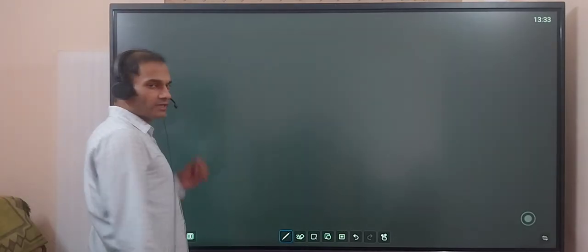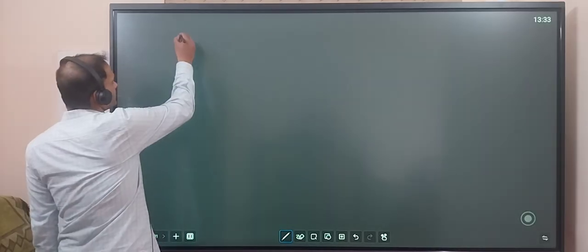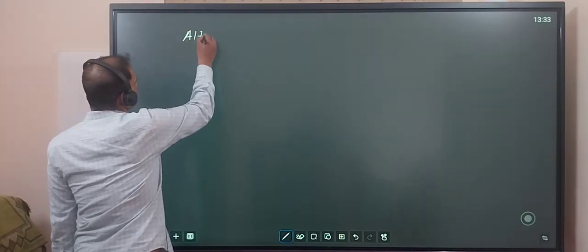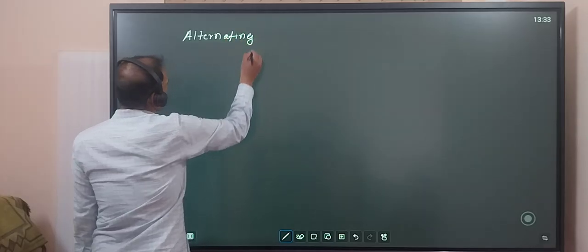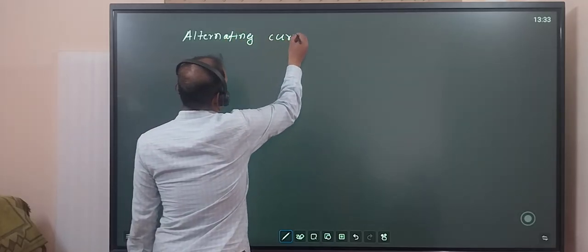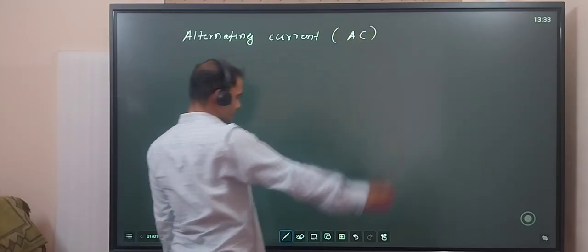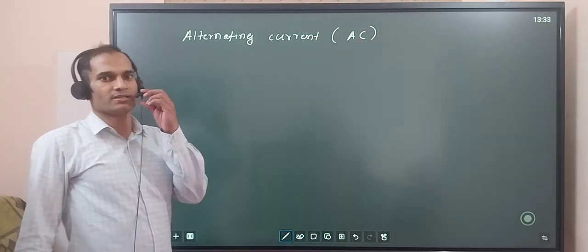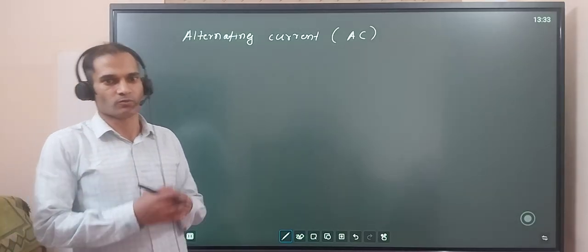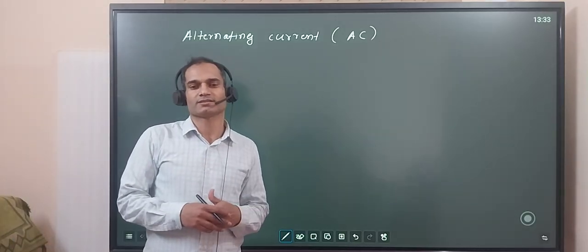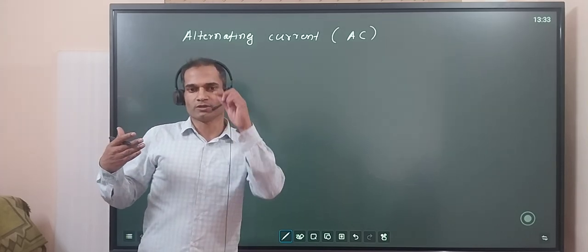Okay, so today we are going to talk about alternating current. Its abbreviation will be AC. So what happens in alternating current? Current changes its direction. It means suppose the charge flow through a cross section is